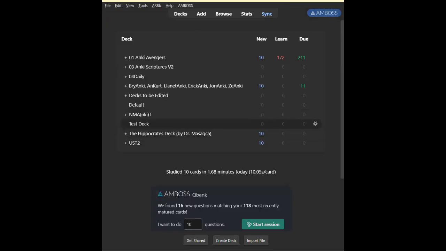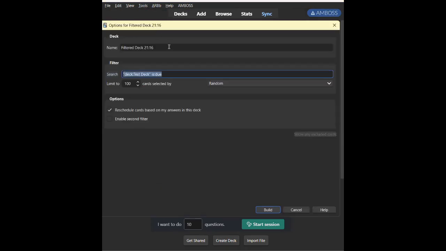Easy. Let's create a filtered deck. Okay? A filtered deck using cards. Create a filtered deck. There we go. Name of the filtered deck. I can name this anything, like 30. And then search, blank, blank, blank. So there's going to be a little bit of coding. Filter. So what is this filter?